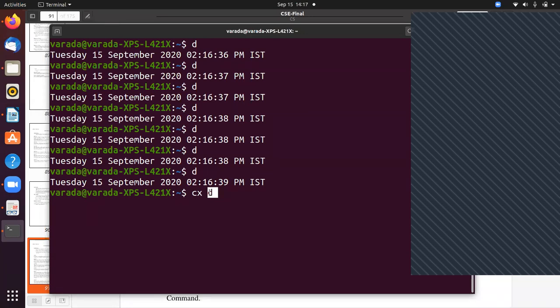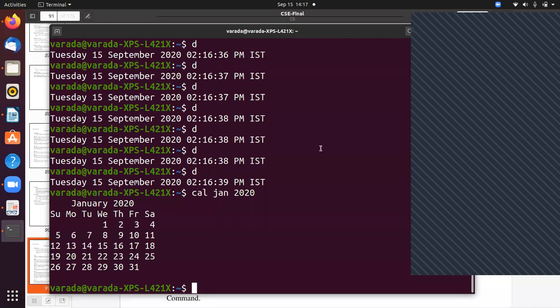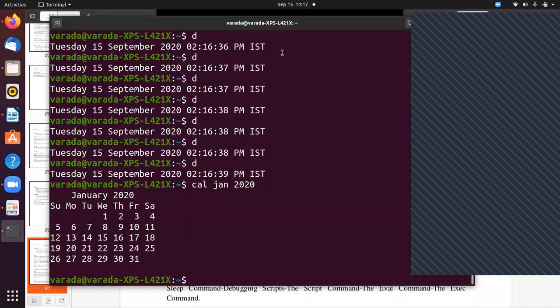Now, what we discussed at the start of the class, you are going to find out. If we give cal jan 2020, it displays the calendar. Now you can write the procedure for how we can make this cal command. For example, I am going to use a c command.